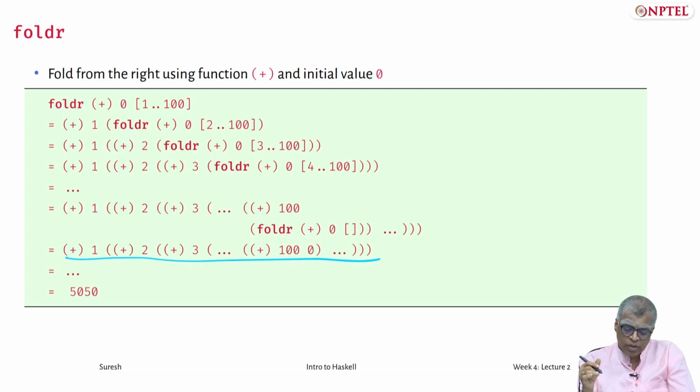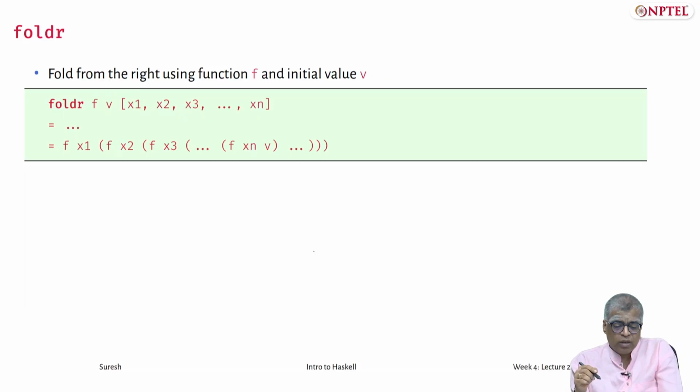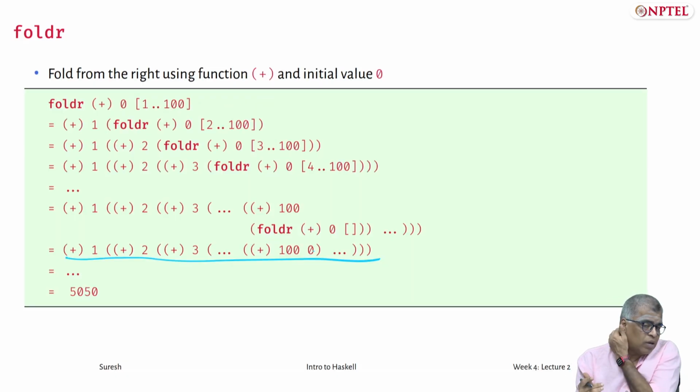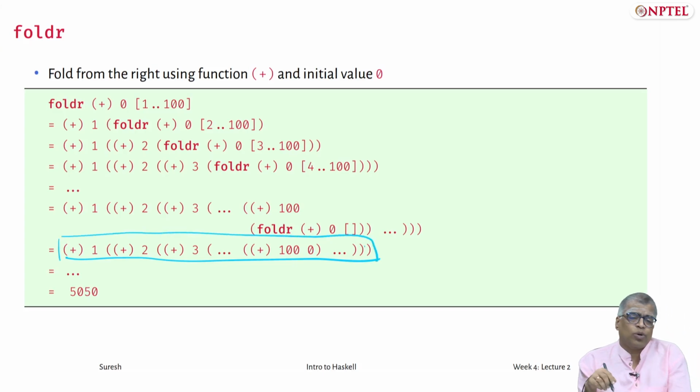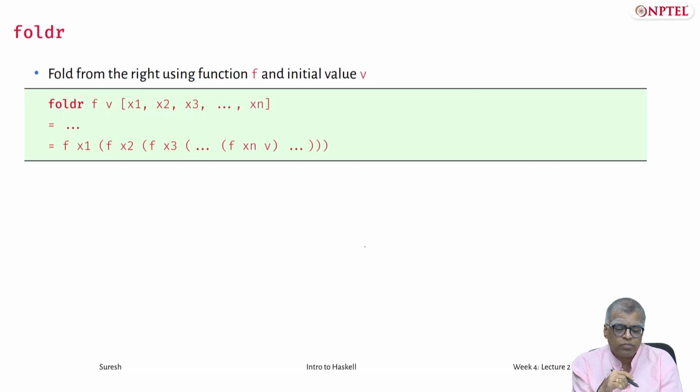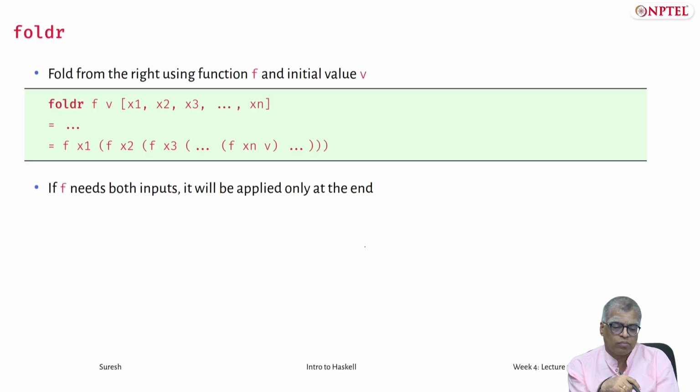The point is that internally, it requires a lot of space to carry around this huge expression. So if you run this on GHCi with some flags turned on to tell you how much memory is being used, you will see that it uses quite a lot of memory. So that is one thing.